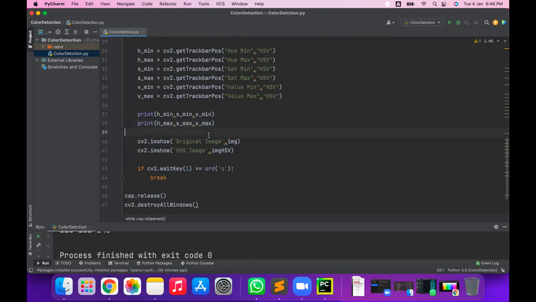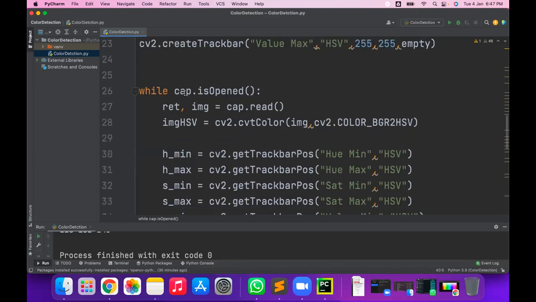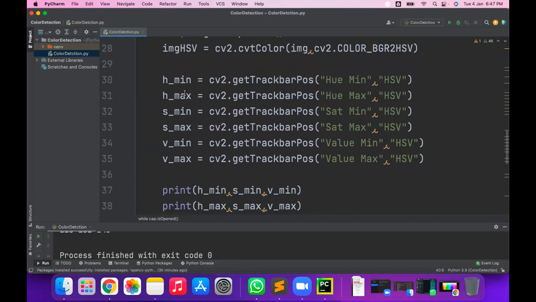Now using these values, we will create a mask. How to create a mask? Have you done? Should I wait? Okay, I'm waiting for 2 minutes.